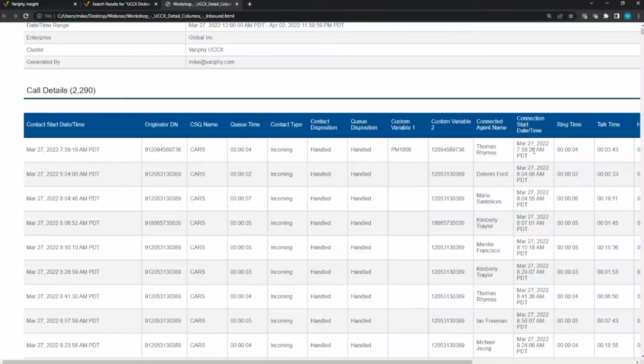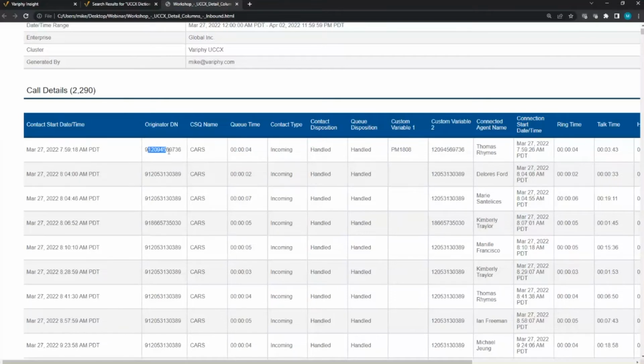So it took 8 seconds for the call to reach an agent. We have a queue time of 4 seconds, so maybe it takes 4 seconds to hit the queue and then be delivered to an agent. So two timestamps: one is when the call begins, and one is, if the call goes to an agent, when the call is presented.